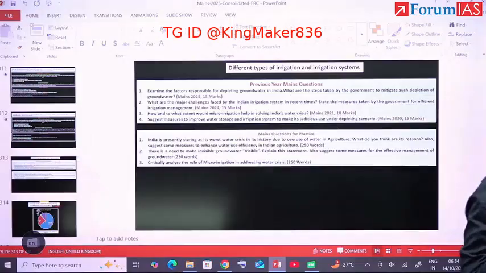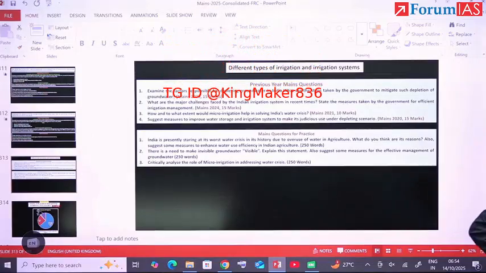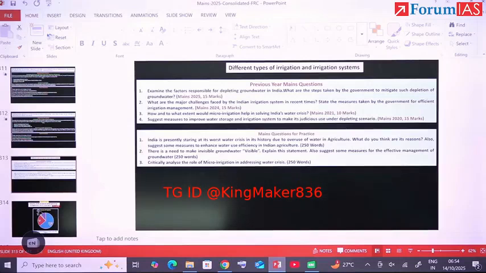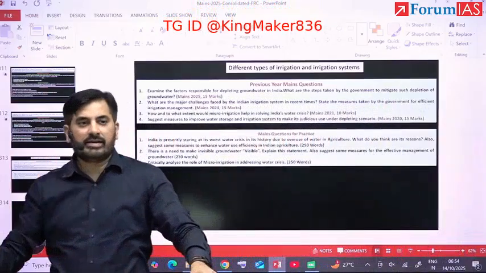India accounts for 25% of the global groundwater extraction, and hence it is the largest extractor. Full stop. 60% of the water used in agriculture is groundwater. That's the present status. Second, reasons